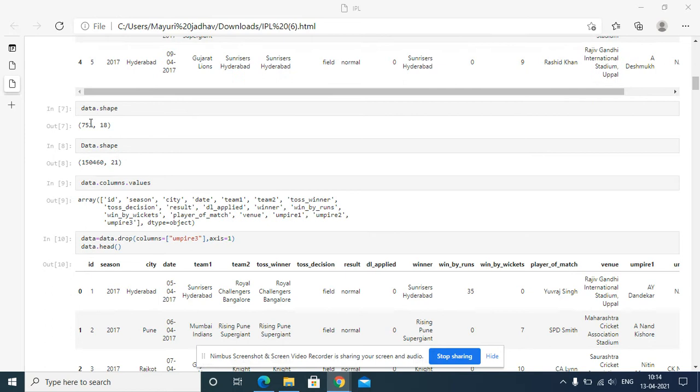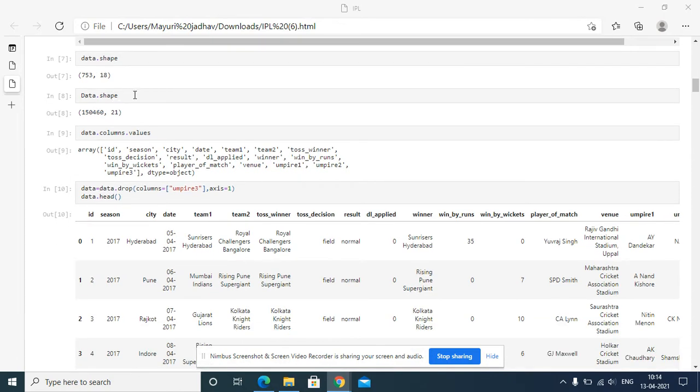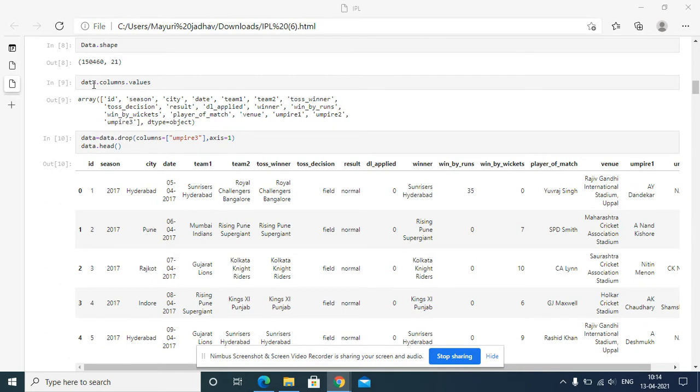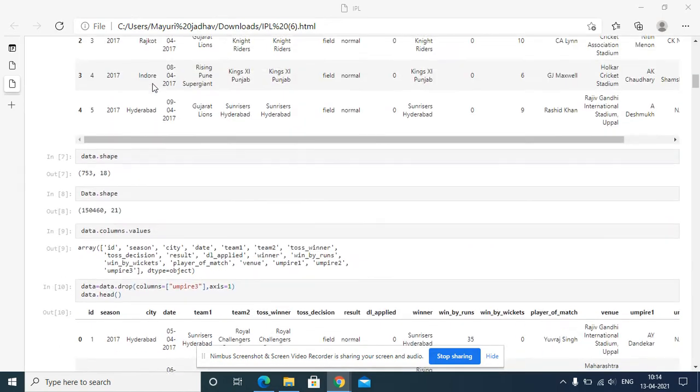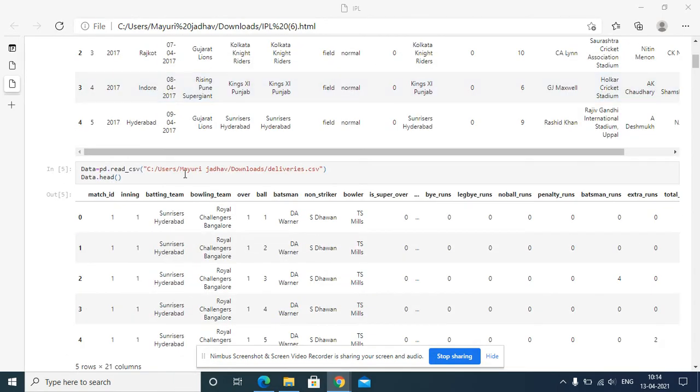I want to see the data shape using this command, related to the matches. This is the data shape related to the deliveries. I want to see the number of columns in my data related to the matches. This command gives the number of columns and what their names are. You see here